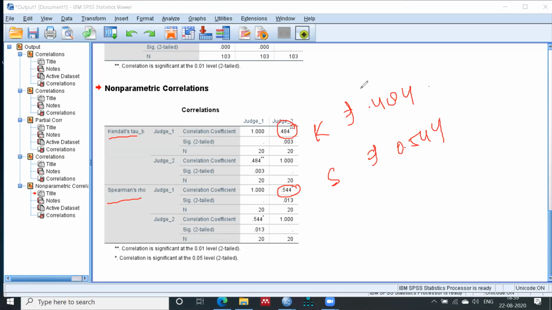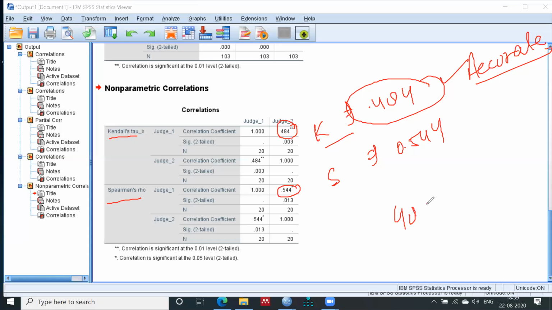So you can see the value is less in the case of Kendall-Tau. That's why I told you that this is more accurate. So you can see that there is only 48% correlation between the marks of judge 1 and the marks of the second judge.